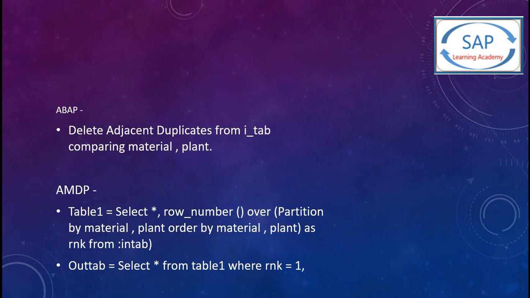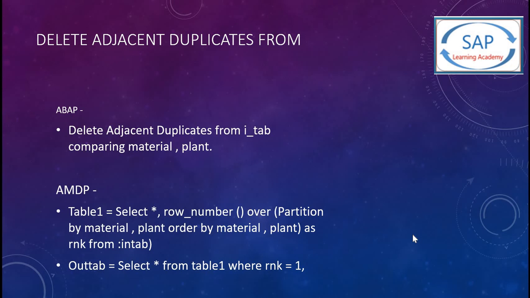Now moving on to the next one, delete adjacent duplicates from. This is replaced by row number, and I will explain now. In ABAP, we can write delete adjacent duplicates from the table name. In this case, I have used an internal table, itab, comparing material and plant. Wherever it finds the combination of material and plant with duplicates, it will delete that duplicate data and show the distinct values. Whereas in the case of AMDP, we can do select star, and here we introduce a new column,